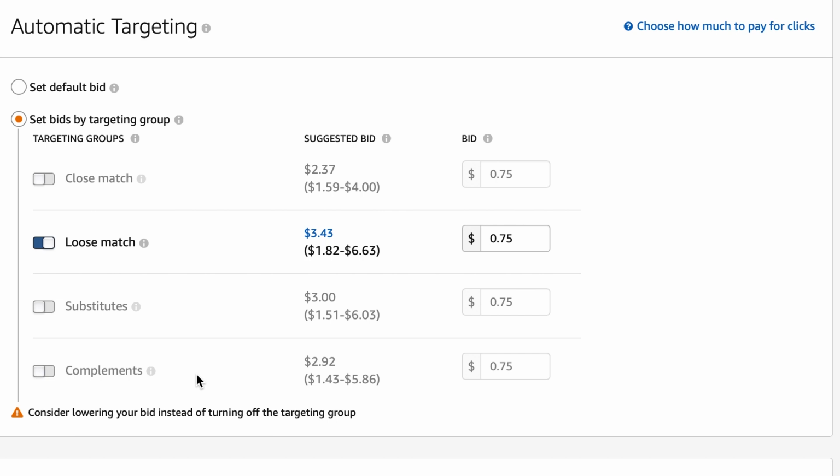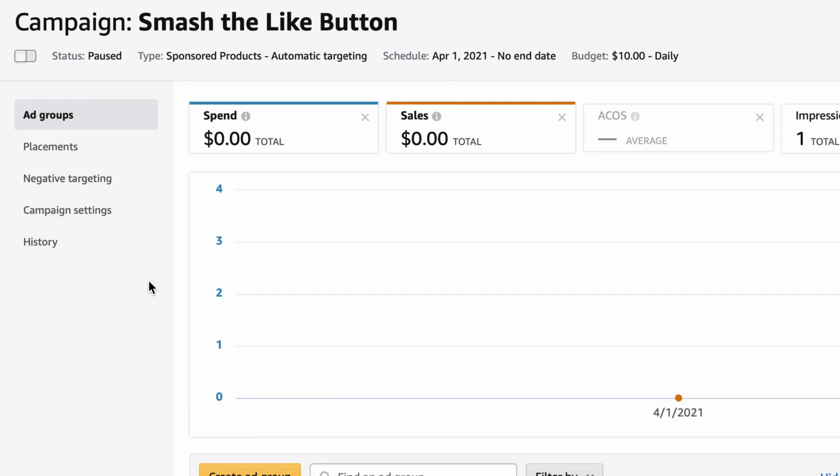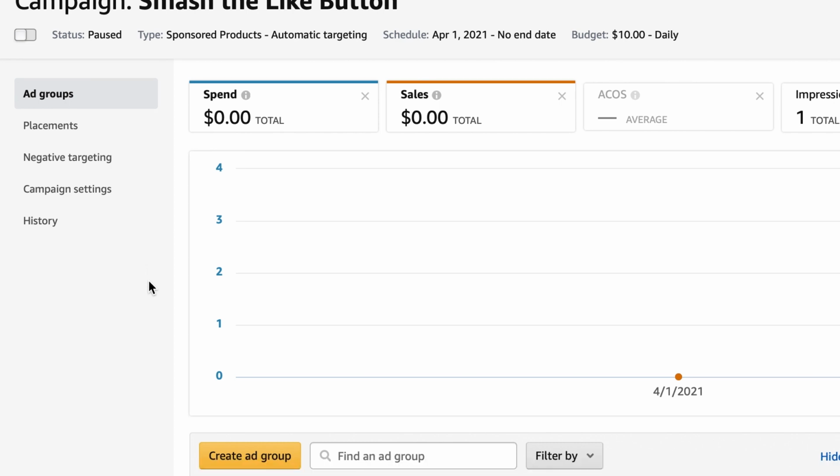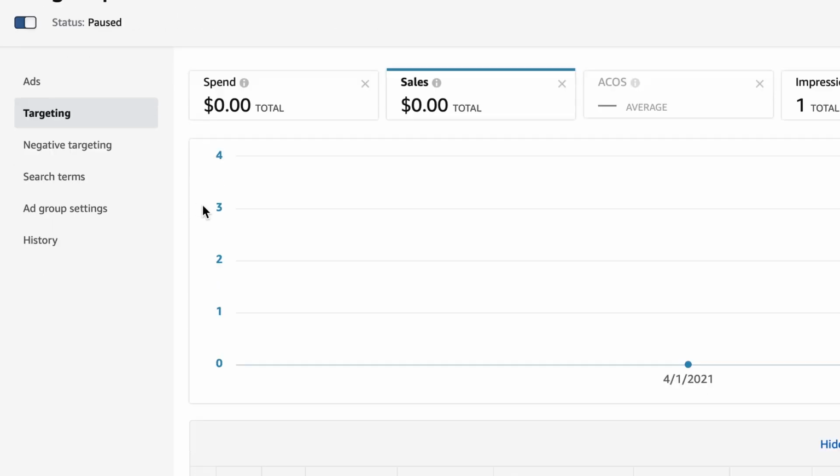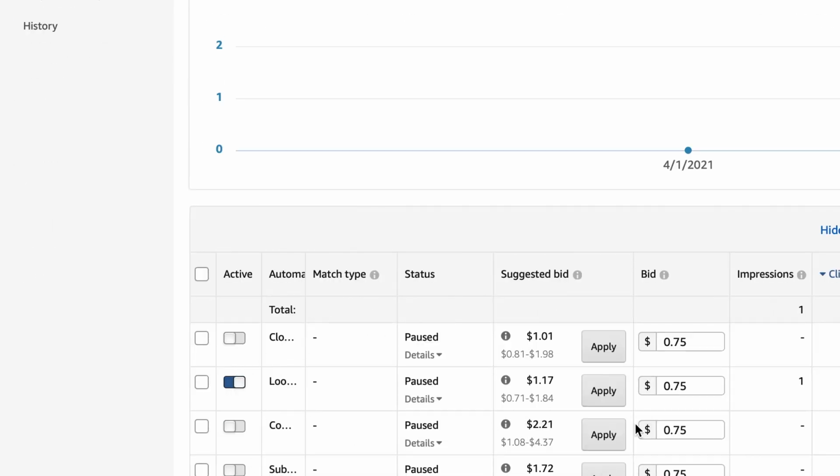And then once your campaigns have been running, you'll want to, of course, optimize the bid based on the number of impressions, clicks, and orders you're getting. And then if one of the targeting groups isn't working well for you, just go ahead and turn it off. Maybe 2 out of 4 or maybe 3 out of 4 will do really well for you. But the main benefit to the strategy is you're able to get that precise budget control and bid control. And then once you've created the campaigns, you can always find the targeting again by selecting the campaign, coming down here to the ad set, and then clicking on targeting here. And then you can see you have the different targetings and you can adjust the bid.